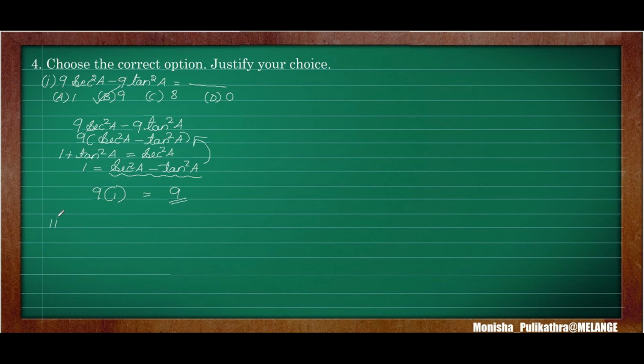Okay. So moving to the second sub question, that is 1 plus tan theta plus secant theta multiplied by 1 plus cot theta minus cosecant theta. Here the answer is dash. The options given are A 0, B 1, C 2 and D minus 1. Okay. So we need to solve this.